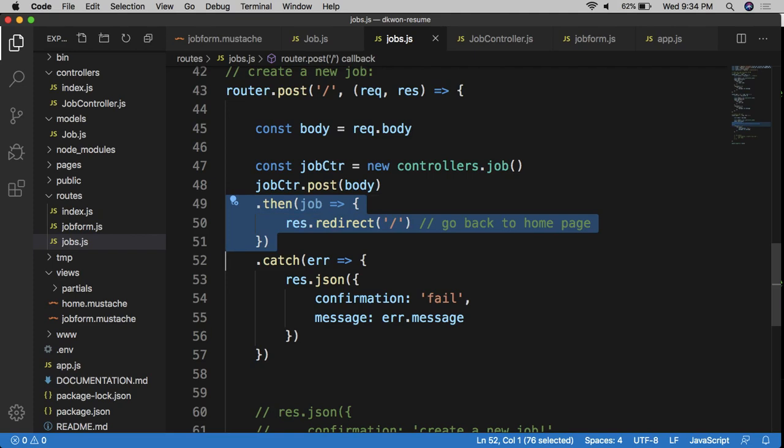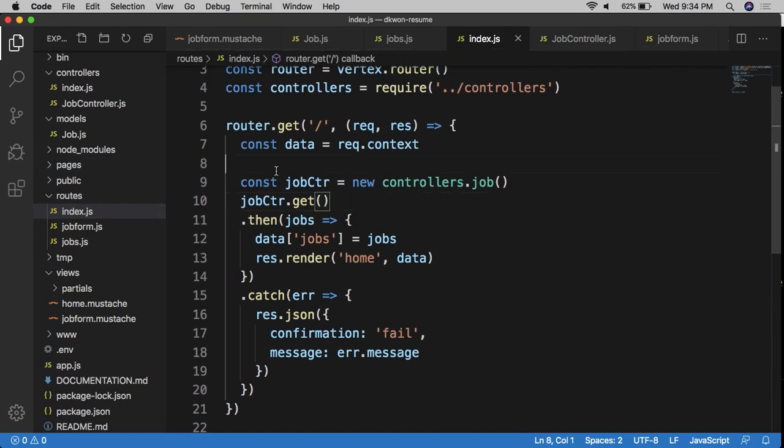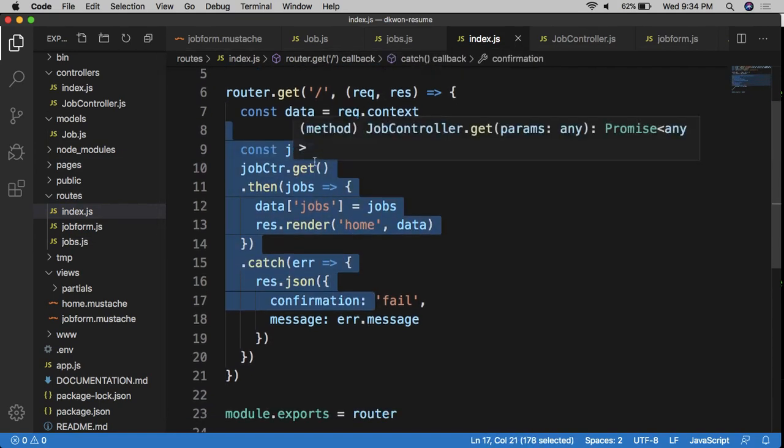And if you just want to confirm that, if you go to the index route, look at what the home page is doing. It's taking the same job controller and running a GET request. That's accessing the same database. So that GET request should now have the new job inside. And then we should visually see it. We should see it on the home page. So if I go to the home page,